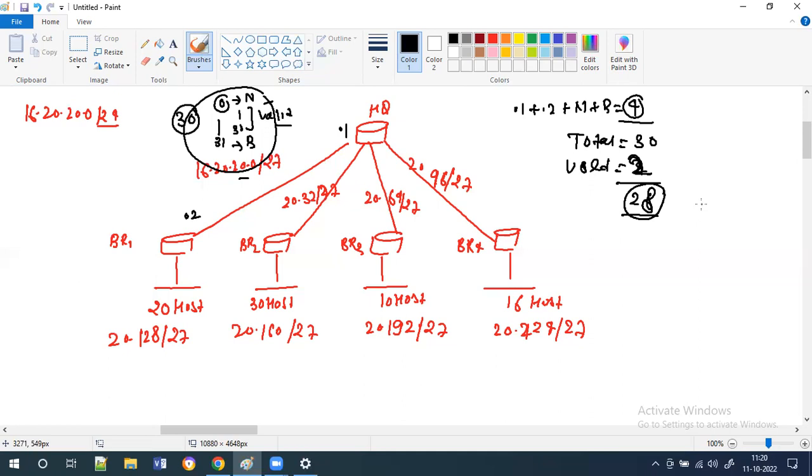Similarly, here also I need the 2 IP address. One is here, one is here, one is here, one is here, another is here, another is here. So total how many have? How many? 4. One is from here, one is from here, one is from here, and one is from here. So 28 into 4. It would come,